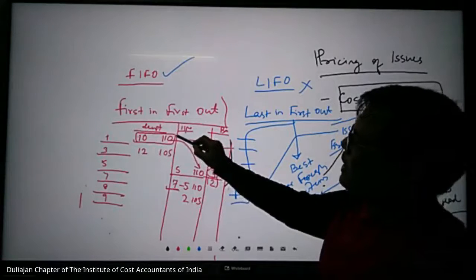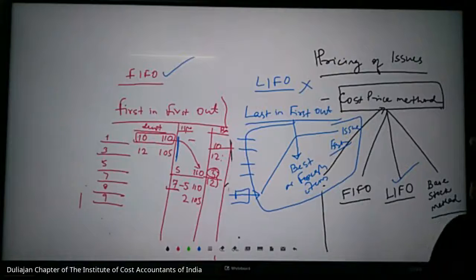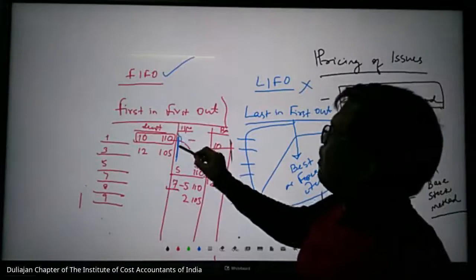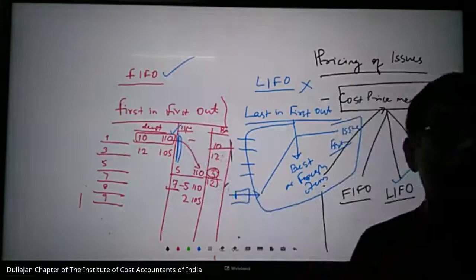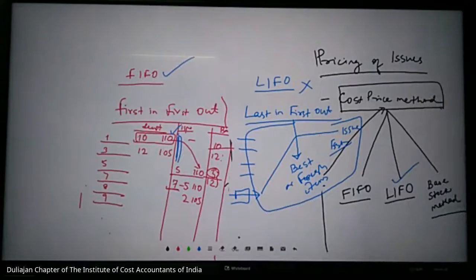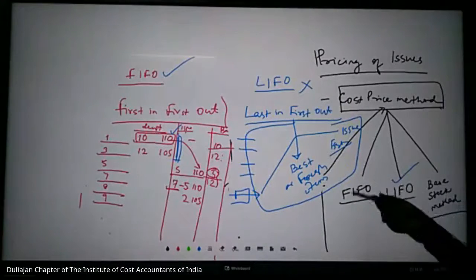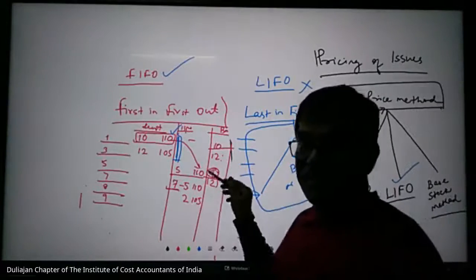we have seen there is a falling price, right? So what you did? You have first charged at 110. Your next lot you are charging at a lesser price. So you get a cost advantage for the next lot. But if the price is increasing, you will have a disadvantage of this.